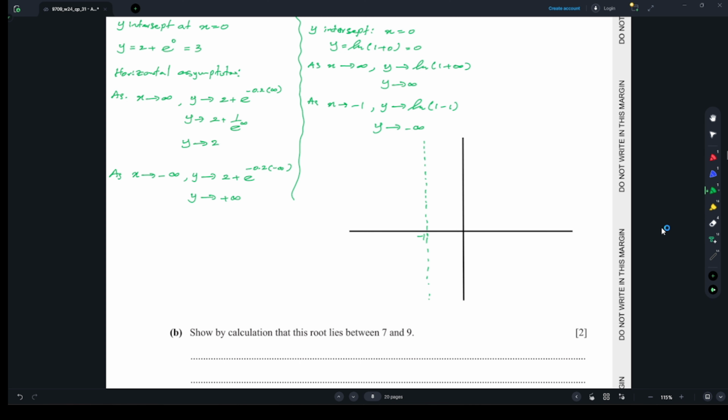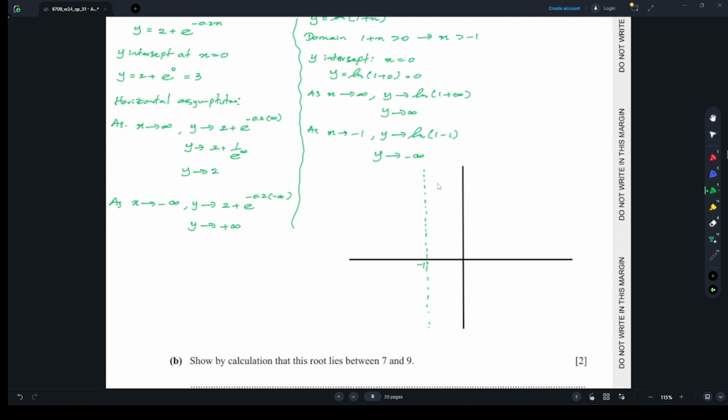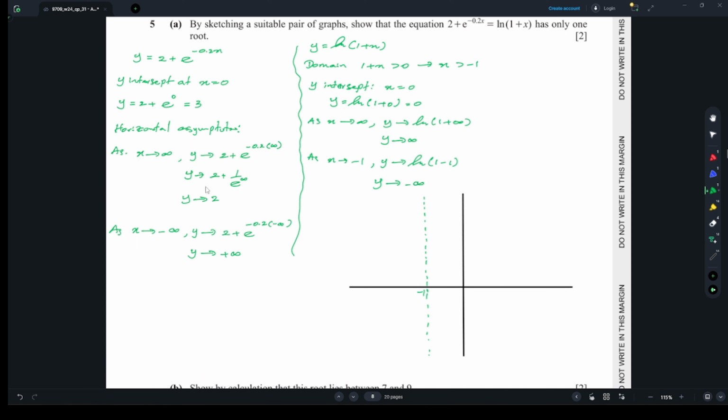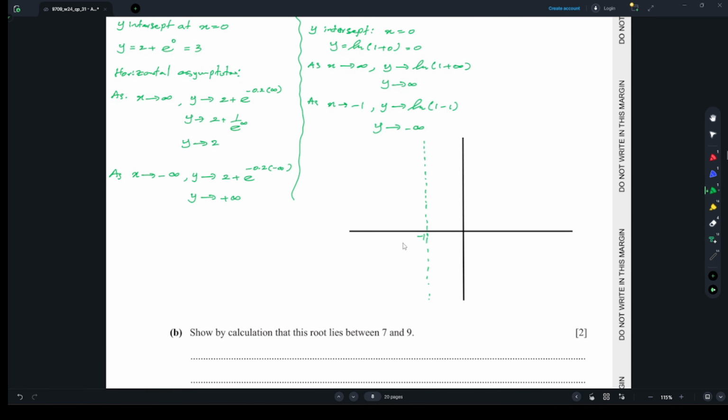Okay, -1. And about the horizontal lines, here we have y raised to 2, right? So I will take around here. This is 2. Okay, sorry, I will take it a little bit down. So this is 2, and this is x,